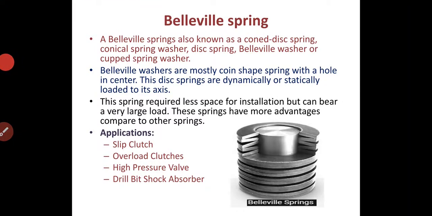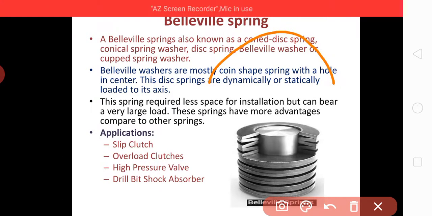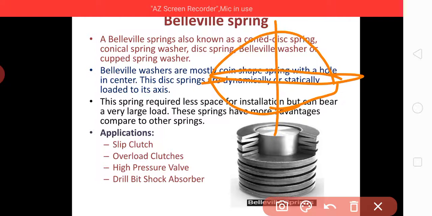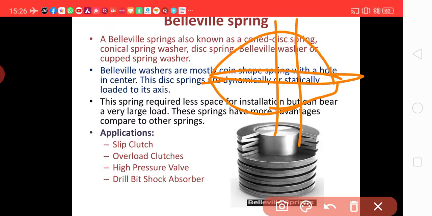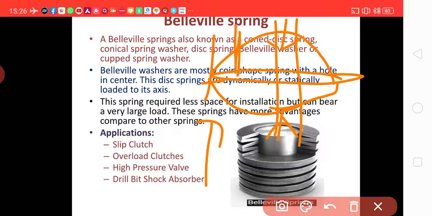Belleville springs. These are the Belleville springs. You can say that one metal piece is shaped like this, and the other one you can place from the bottom like this, or make a hole and place a rod here, and this will make a spring. When you apply a force from here to here, it gets compressed and gives springiness to the system, absorbing vibrations or storing energy.